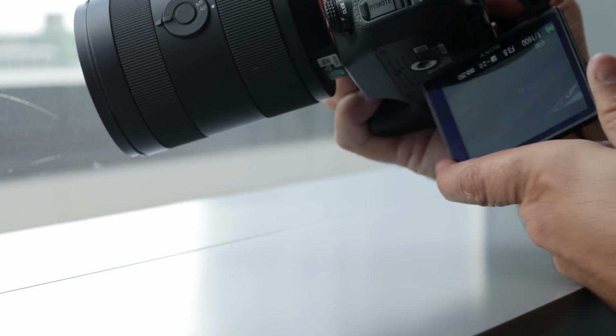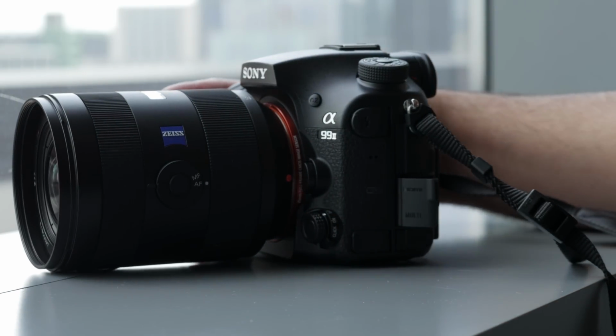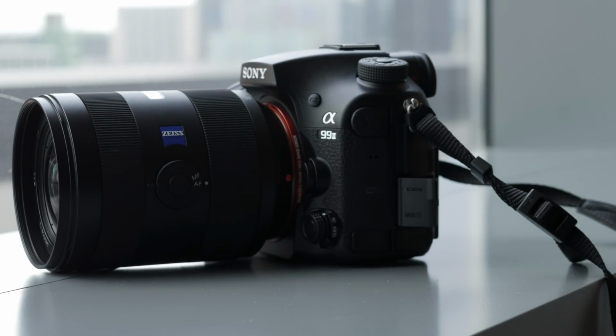It's not the greatest implementation on the camera, and again, it's only for touch autofocus, so we'd have to see what they would do with A9 cameras. Now, one thing I will say that I did like about Canon is I did use the depth of field button for here for fast switching between